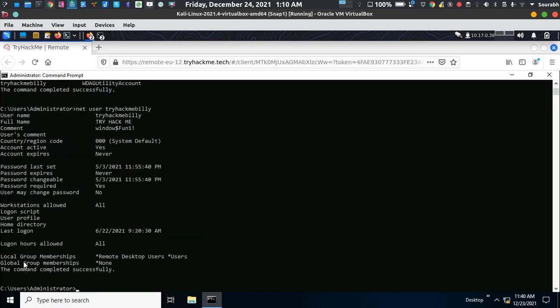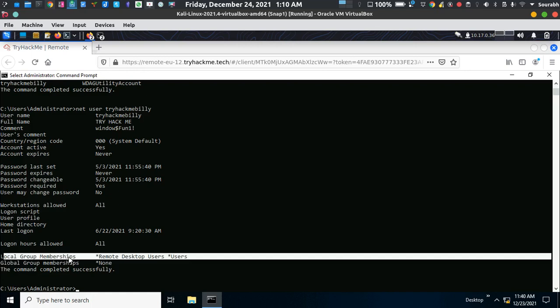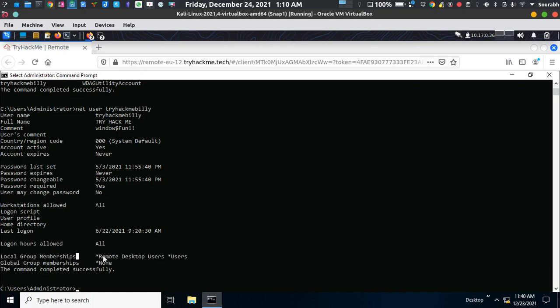It's going to show me the entire profile of the user: when it was created, when the user last logged into the system, and the main thing, what local groups the user is a member of. As you can see, it's a remote desktop user and the user itself. It means that if the RDP service is enabled on this computer, and we have the potential credentials for tryhackmebilly, we can get access to the tryhackmebilly account.